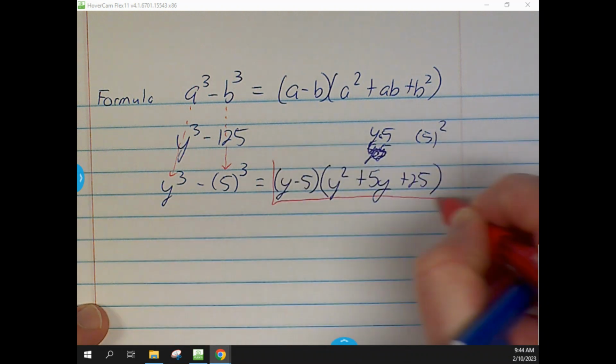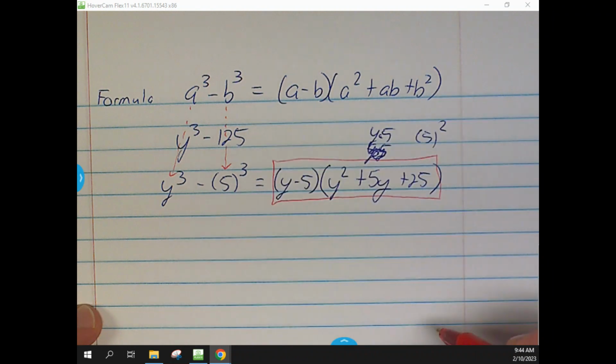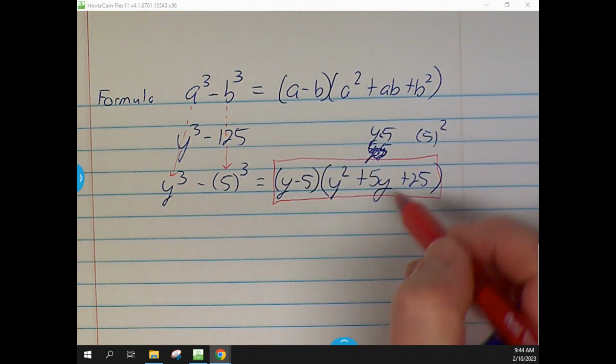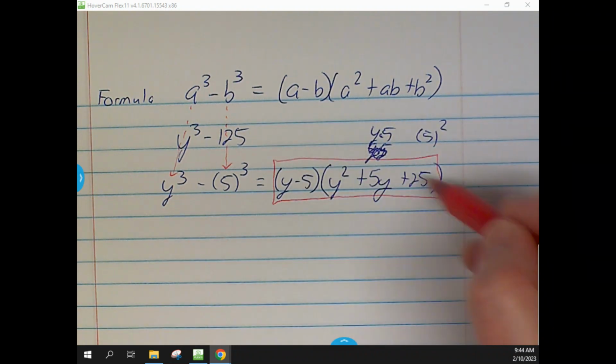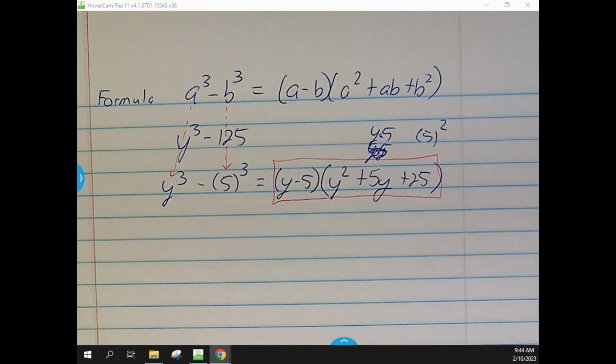Okay, and that is it, because again, a lot of times we get there and we start trying to break this thing down. But if you start to break this down, there are no factors of 25 that are going to equal 5. And so you just have to kind of leave it there. Pretty much the only thing they would wind up doing is maybe tweaking a few numbers here and there. Probably worst case scenario, they may do something like this,